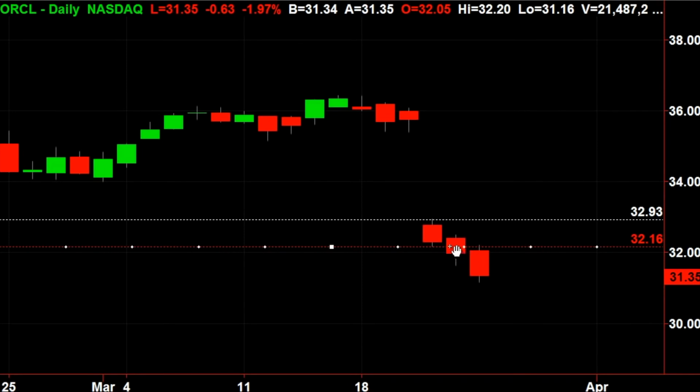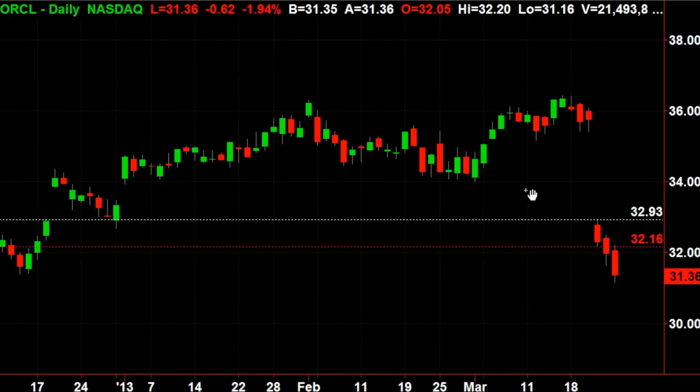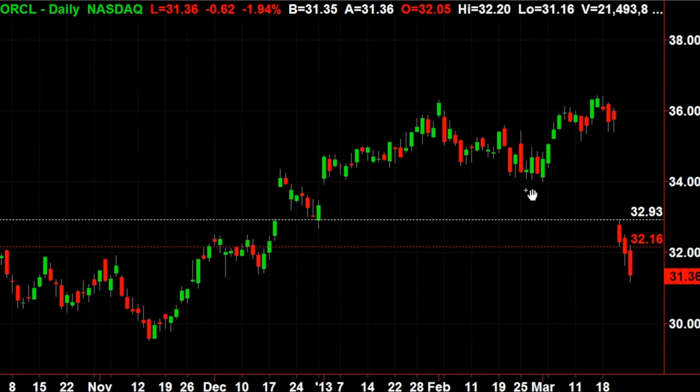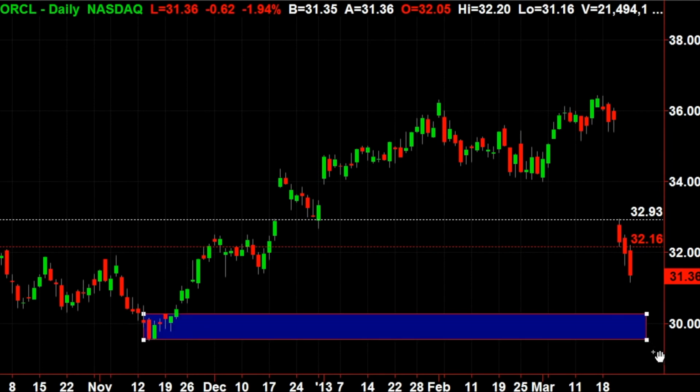Okay, you can also wait for a close below 32.16 if you want. And then at that point, it just becomes a game of trying to figure out where some good targets are. I'm just scrolling back here, and you can see this would be a good target for some support for this trade around $30. So you'd be short at 32.16 or better, stop loss at 32.93, and your target would be